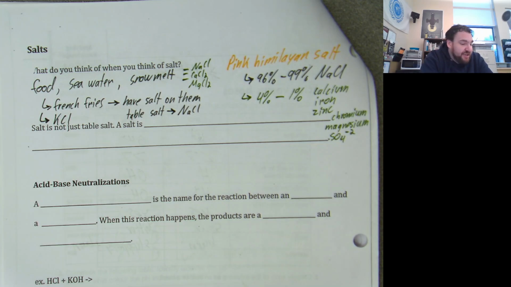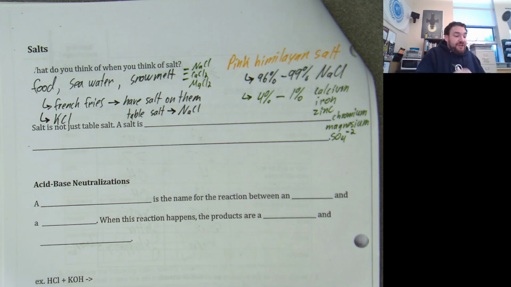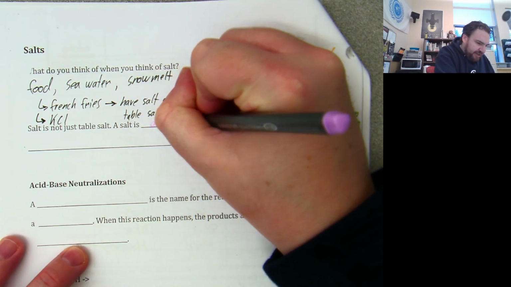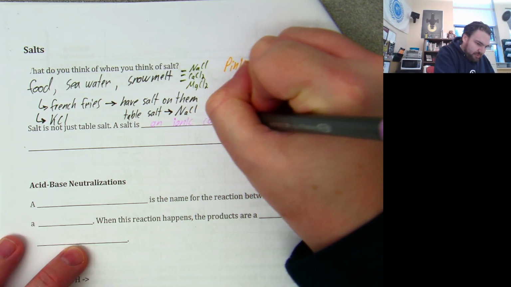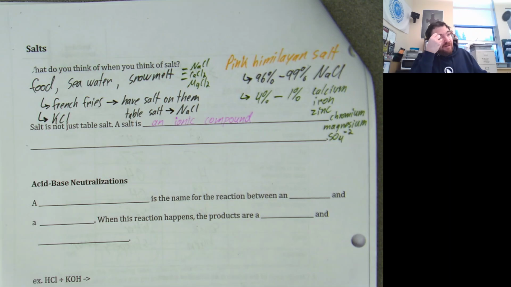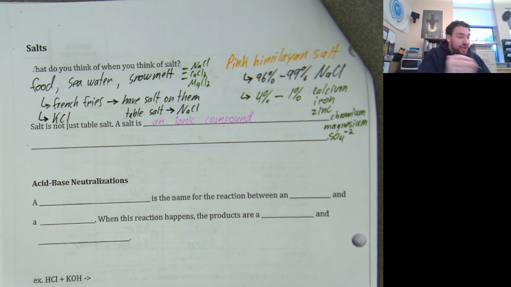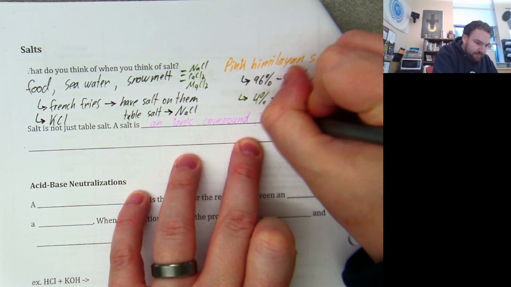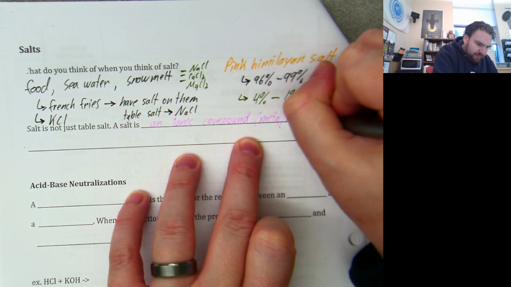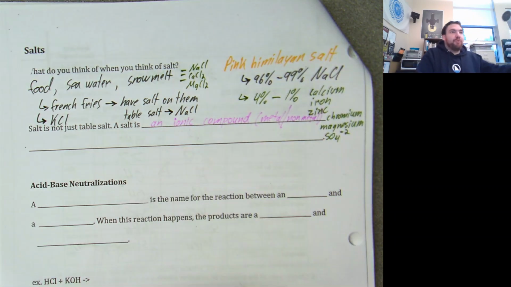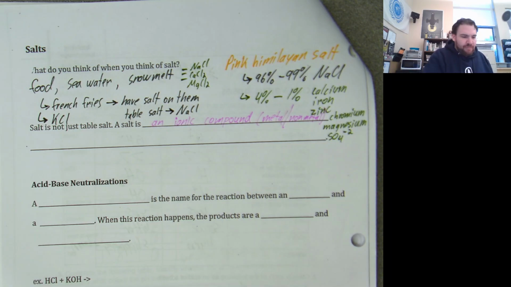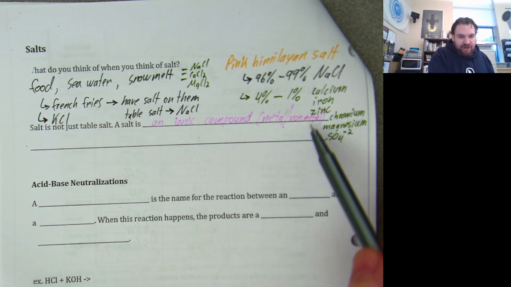So if we're going to define this, salt is not just table salt. The formal definition for a salt is this: a salt is an ionic compound. They're all ionic. So if we call something ionic, what does it mean? It's a metal and a non-metal. So there's going to be a metal portion and a non-metal portion. So a salt is an ionic compound, a metal and a non-metal, produced